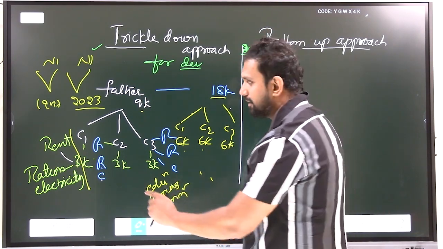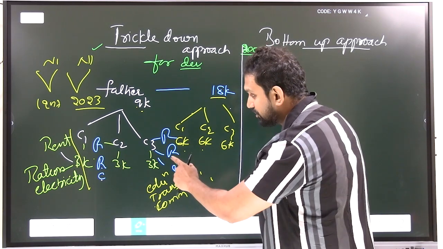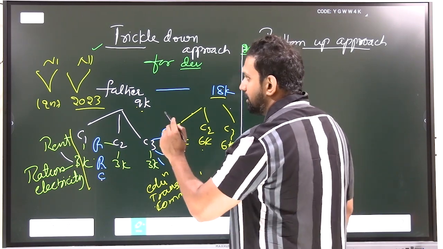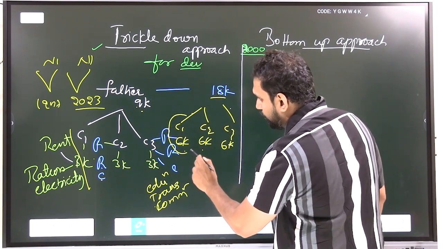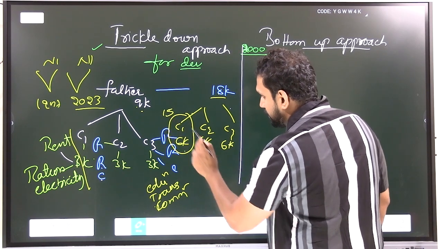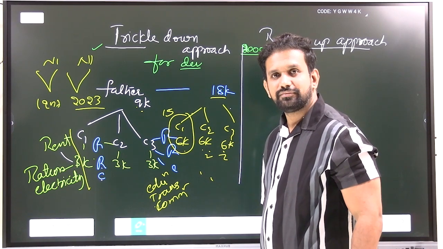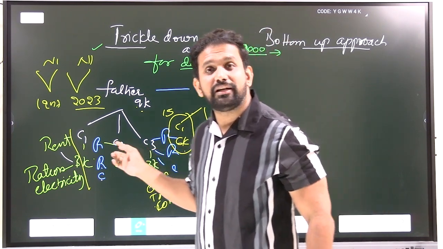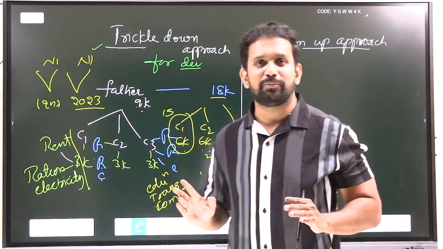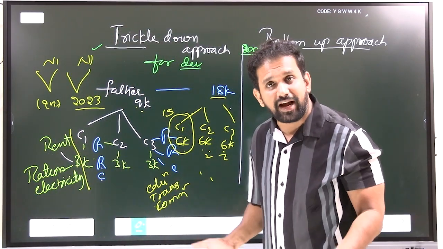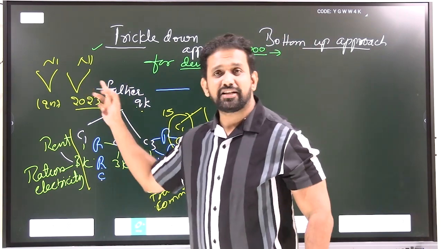Just like the father distributed the money equally among 3 children, the 3 children developed equally, or not? Yes. But what happened when the national income grew, like to 18,000? Only one child got around 15,000, and these 2 children got only 2,000, 2.5. Means inequitable distribution of income happened. Income has not been distributed equally. Inequitable distribution happened. That is seen in our country. That is the fact according to the Oxfam report on inequality. Getting my point? So our national income grew.